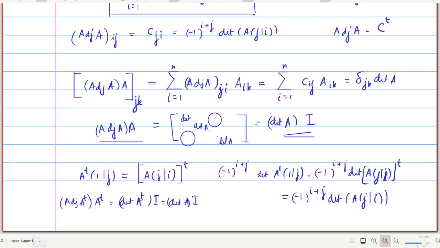Now take these two matrices, LHS and RHS, and take the transpose of LHS and RHS. When you take the transpose of the right hand side, since this is a diagonal matrix, it never changes. This is the same as determinant of A times I. Now take the transpose of the left side: you get A transpose whole transpose times the transpose of the adjoint, so adjoint A transpose whole transpose. But we know that adjoint A transpose whole transpose is the adjoint, because of this.